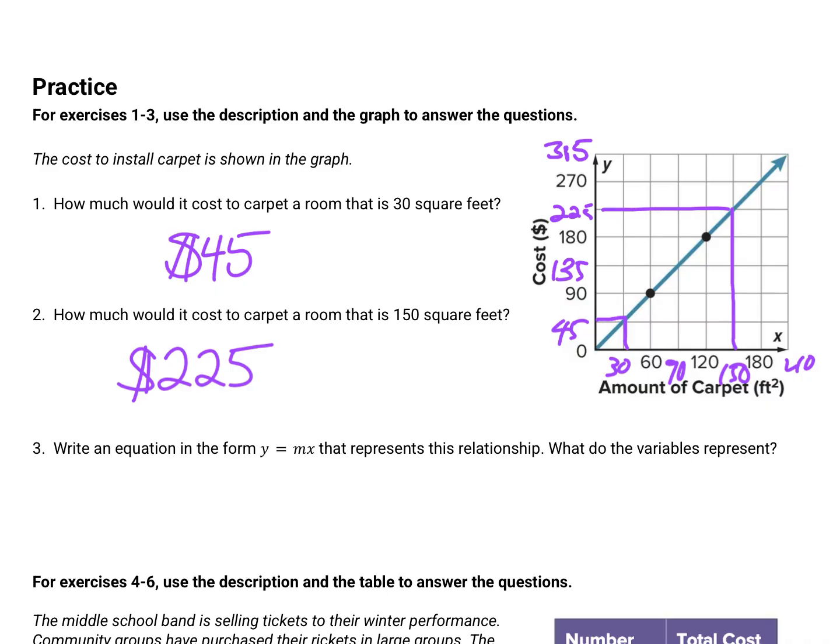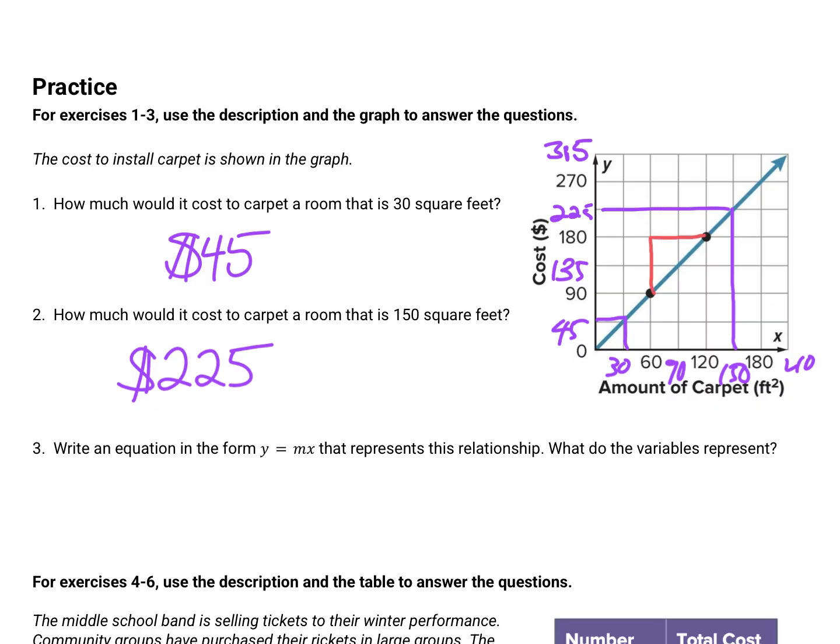For question number 3, it says write the equation in the form of y equals mx that represents this relationship, and then explain what the variables represent. We have not found our slope yet. I want to figure out how much it would cost for one item, kind of a unit right here. There are many different ways that I could do this. We have 2 points on our line, so let's go ahead and use those. We're going to do a rise over run here to figure out what our slope would be between these 2